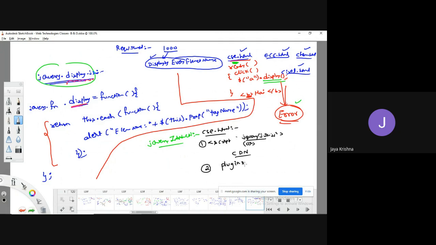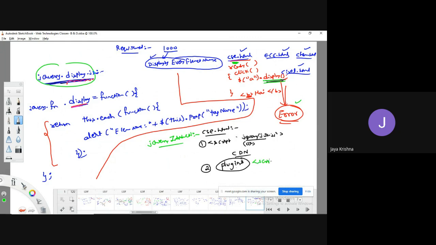If you are using any kind of plugin in our program, you have to link to that plugin. So display is a method which is available in which plugin? jQuery.display.js. How are we going to link any kind of JavaScript file?